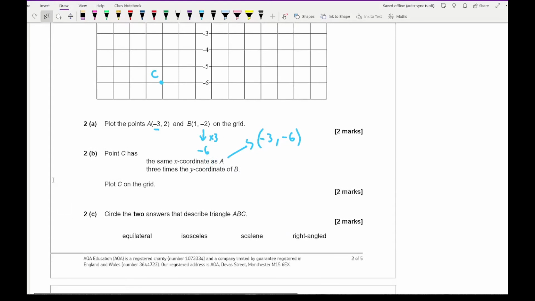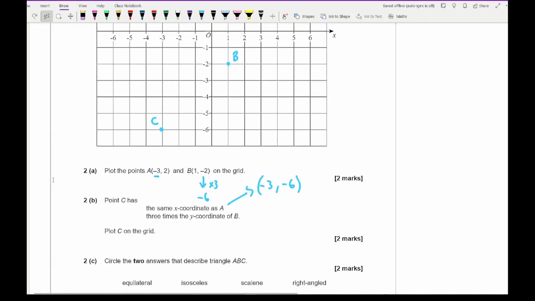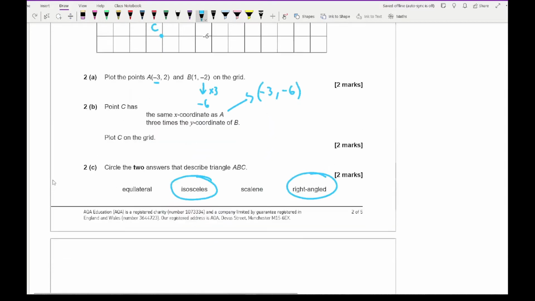It then says circle the 2 answers that describe the triangle ABC, and the 2 you should highlight are that it's an isosceles and a right angle triangle. Now sometimes if you can't see that, I would basically connect the points, see the triangle, and then make your